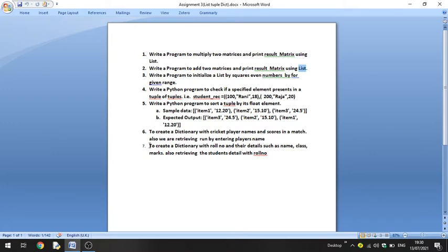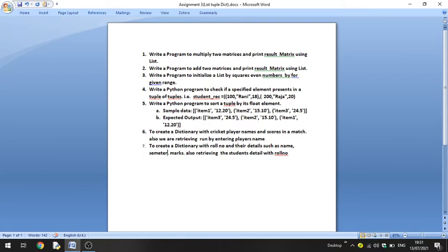I will demonstrate the seventh program. That program is a dictionary with a roll number, where the roll number is the key, and for each key there is an associated value. The key is the roll number, and the value will be the name of the student, the semester of the student, and marks.